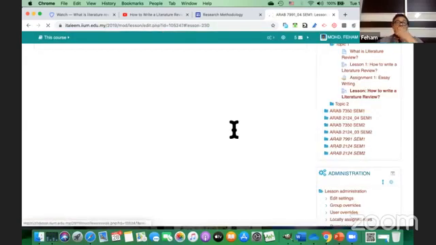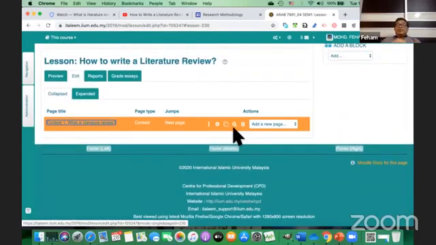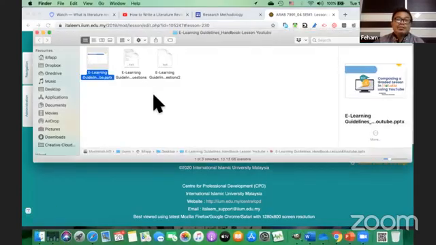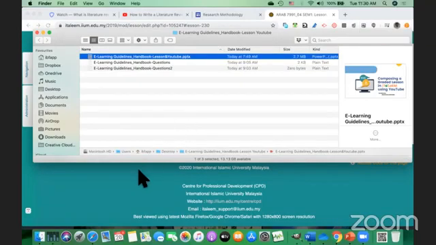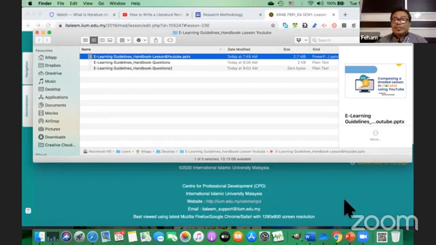Another option for you is that you can add using import. For those who are familiar with the quiz options under our iTaleem, maybe you're familiar with importing questions. I believe some of you are familiar with importing questions inside your quiz. The similar we will do it here. I have some of the questions ready with me, so I will be utilizing those questions rather than spending a lot of minutes on quiz creation.